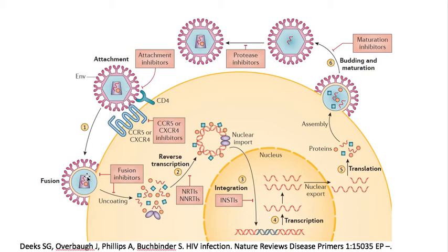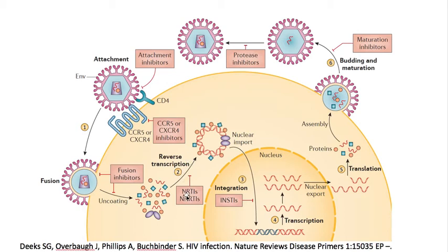The next step after attachment is fusion. This is mediated through the GP41 protein on the virus surface, and we currently have a fusion inhibitor. Once the virus fuses, it gets into the cytoplasm where 2 copies of the positive single-stranded RNA along with the functional enzymes reverse transcriptase, integrase, and HIV protease are released. Once they are released, reverse transcriptase will then convert the RNA to DNA and double-stranded DNA, and this step